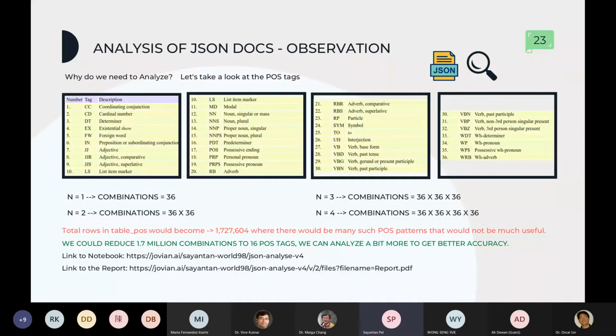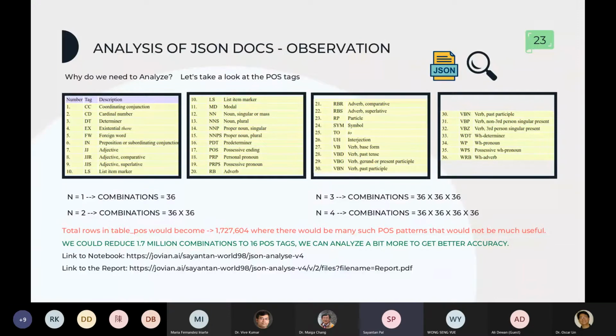Instead we have to go for a filter which would take about 15 to 20 tags or maybe less than that. The fewer tags you take, the faster it would be for generating those vectors. What vectors are and what I'm talking about, you'll see in the next slide. Basically, the fewer tags we have, the faster we can do that, but it doesn't ensure that the summary would be great or that you'll be satisfied with it. If you want to check that notebook, you can go to this link and see the analysis that I did there. I took two documents into consideration just for filtering out and finding these 16 tags which might be useful for us in this project.